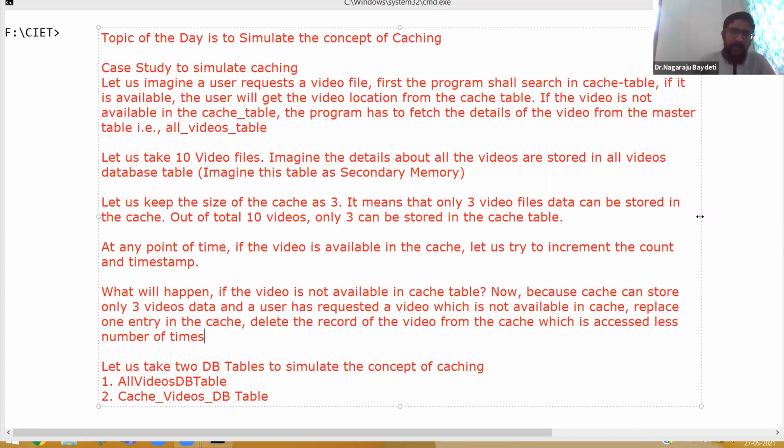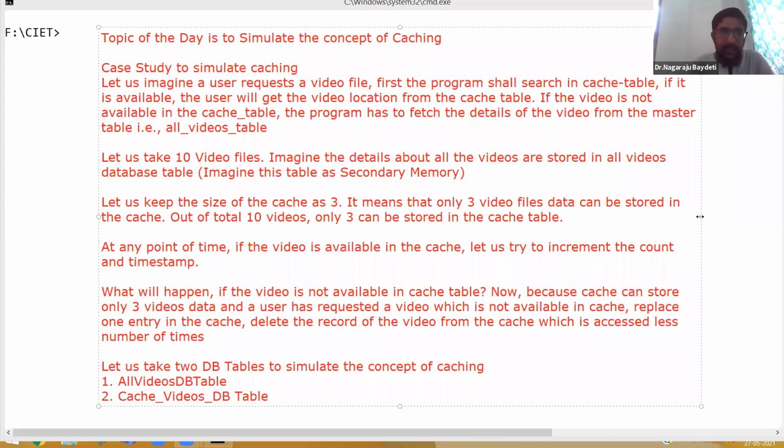So in case a user is asking for a video which is not available in the cache, you need to remove one entry. First of all, you will fetch from the main table, but now a new request has come, so you need to replace the cache.